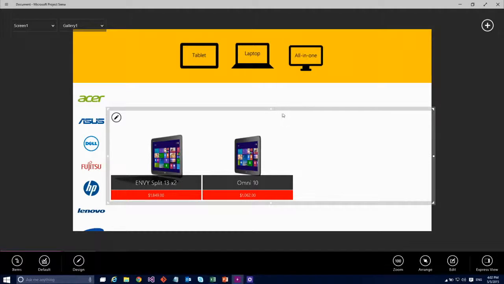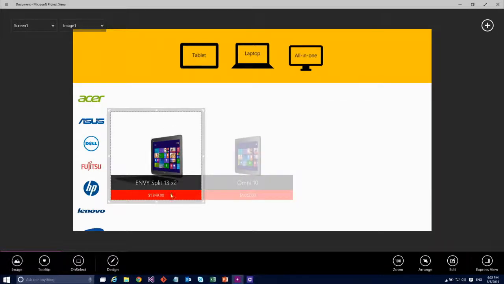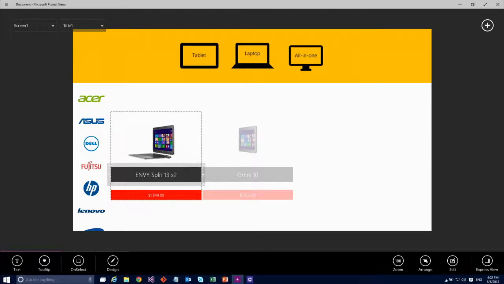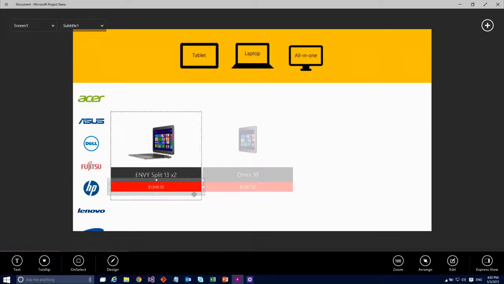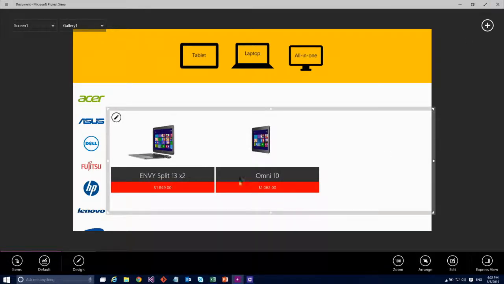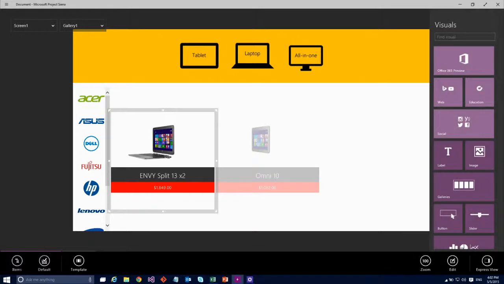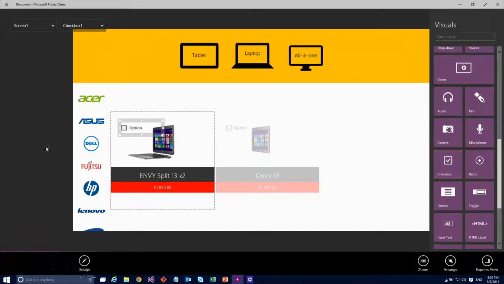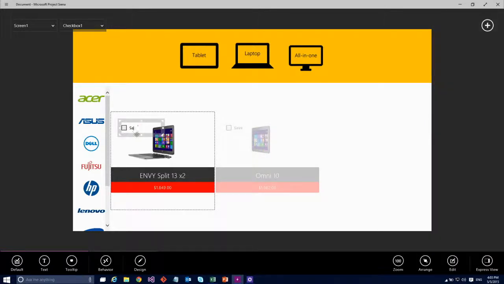So one final little thing here. I mentioned this is a PC refresh scenario. One of the most important things about the PC refresh is actually buying the things. So I'm going to come in here and give a little bit of space, and I'm going to expand my template a little bit here. And I'm actually going to go in and add a checkbox. Where's my checkbox? That allows me to actually save these things into a collection, temporary collection, for review later.